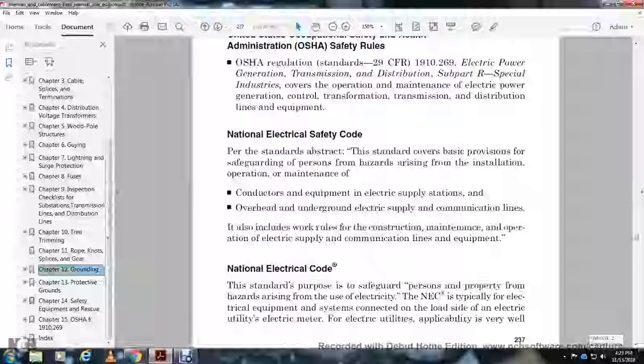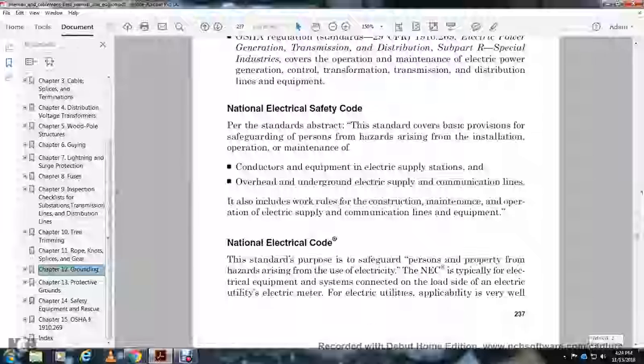The National Electrical Code is the standard for the safety of persons and property from the hazards arising from the use of electricity. The National Electrical Code typically deals with electrical equipment and systems connected to the load side of the electric utilities' electrical meter, where the electrical utilities' applicable rules are very well